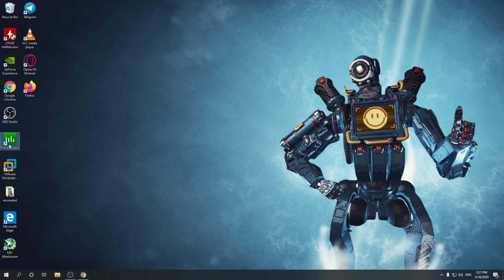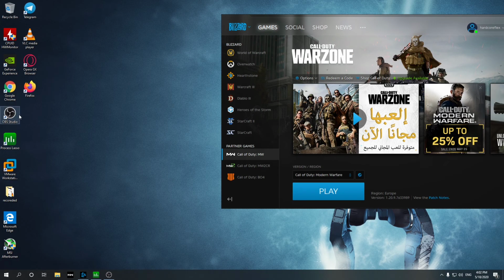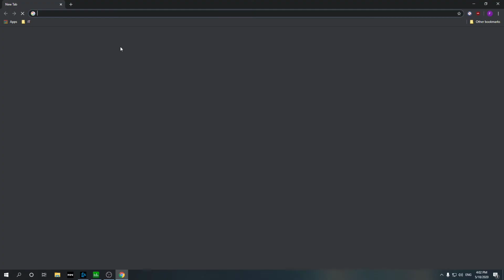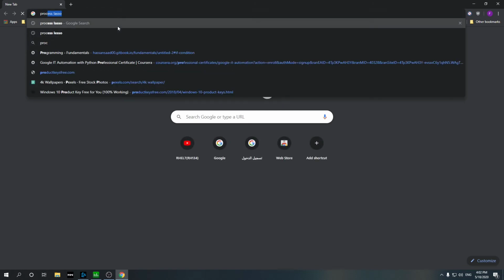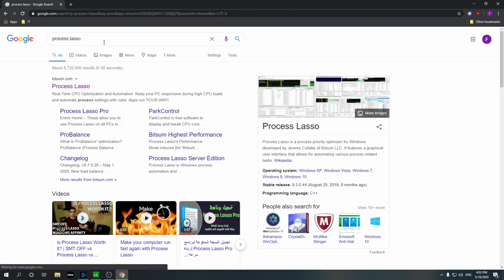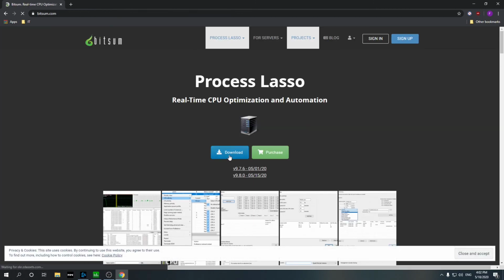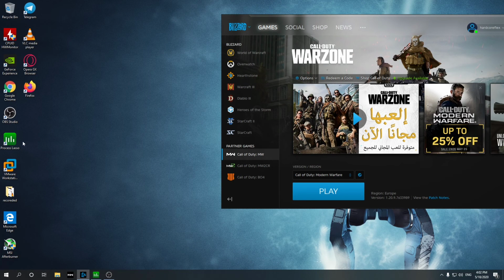This one. And to download this software, open your favorite browser. Type Process Lasso, go to the main page, hit download, and after downloading you will see Process Lasso over there. Double click on it,